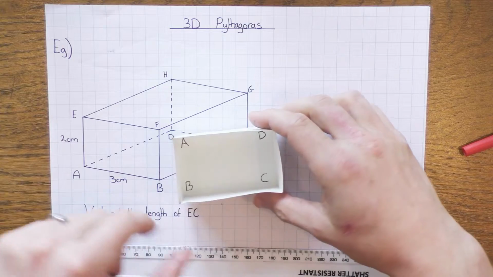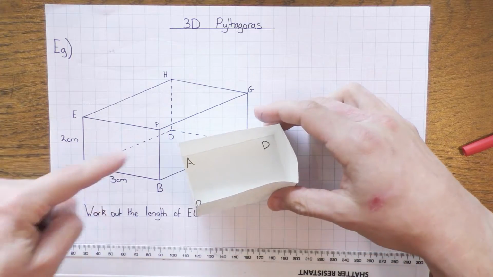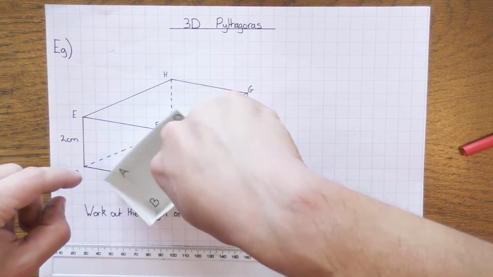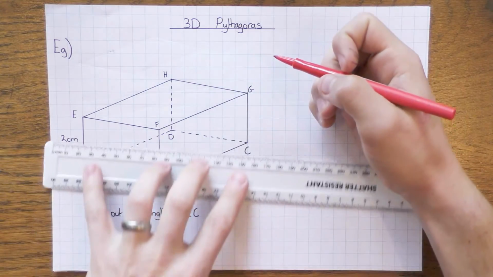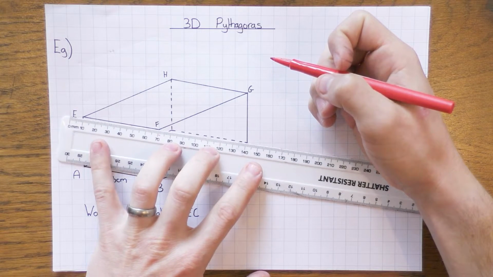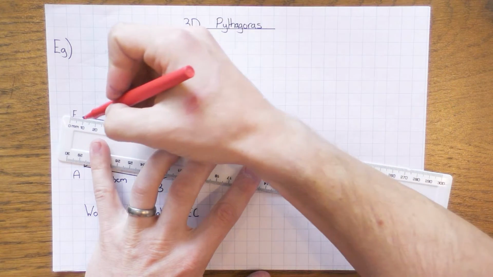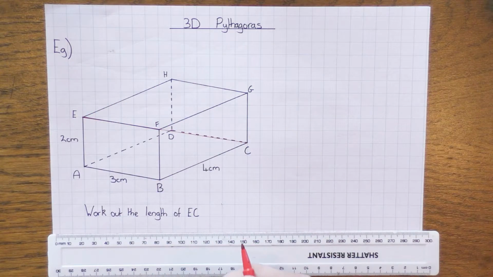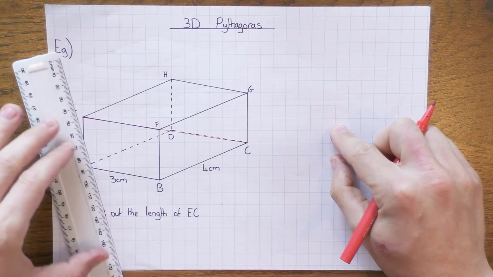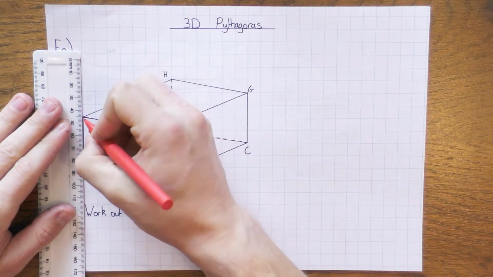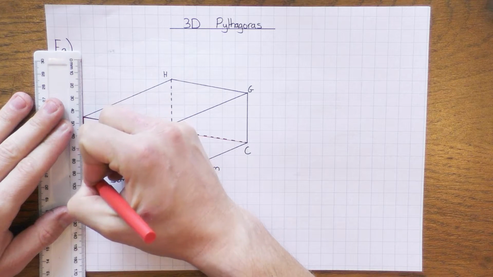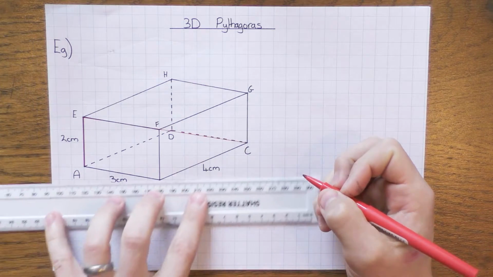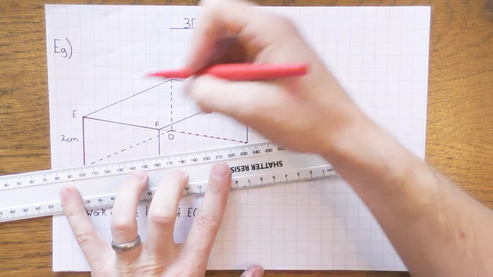Okay, or actually I've done my labels here, so that's A at the bottom, that's E, and then this would be C. So I'm going diagonally from the top here to the bottom down there. And this is quite tricky to visualize. So the first thing I recommend you do is you actually draw the line from E to C like so. Okay, and what we're after doing is creating a right angle triangle. So I'm going to come straight down there, just from E to A,